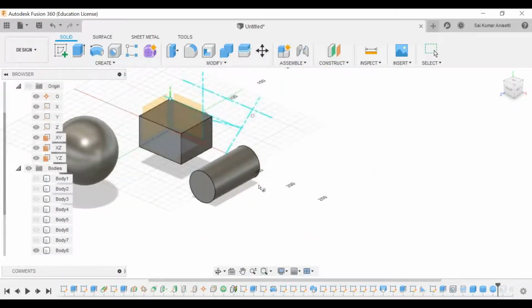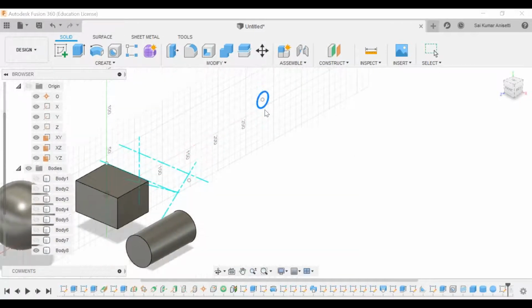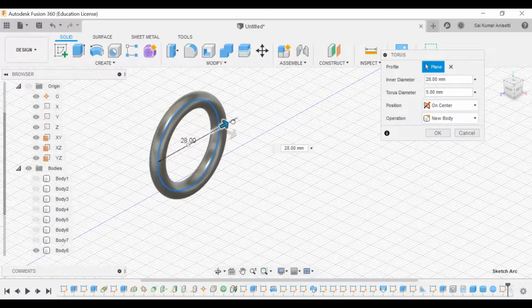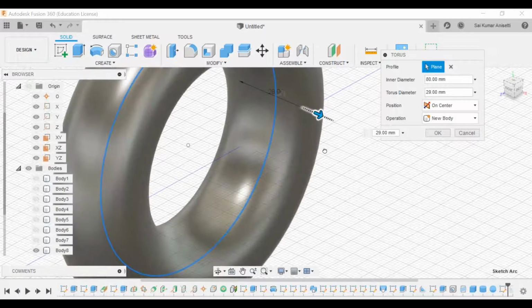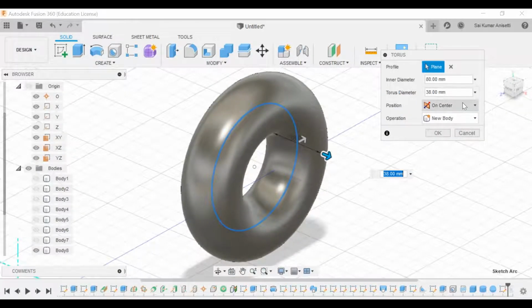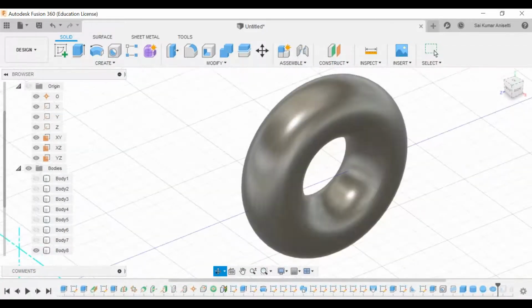And a torus. You have to select the base profile, on which plane you are going to draw, and you select the center point of the torus, and you select the diameter of the torus. If you want to increase the size of the torus, you can increase. If you want to increase the thickness of it, directly you can increase it. So you got a simple tire, with the internal diameter and external diameter. You can just explore these options. Just play with the diameters, that's all. The torus would be simple as such, just like a donut kind of thing.